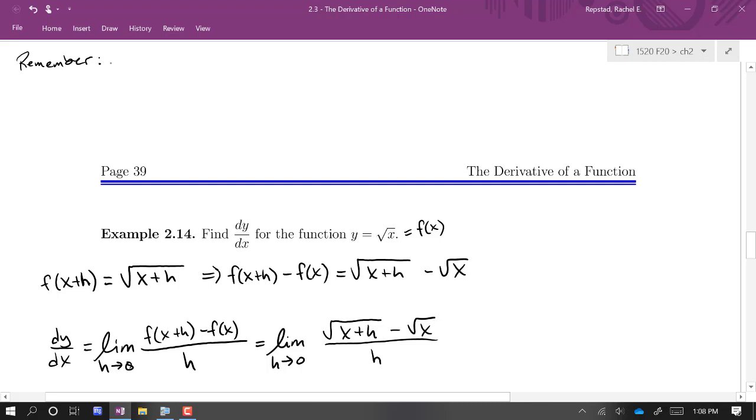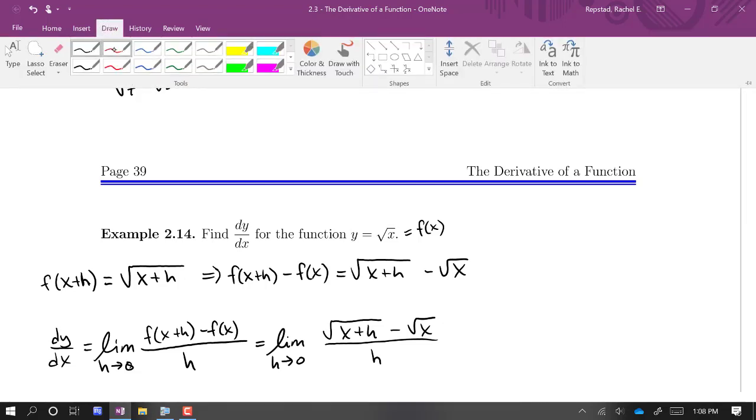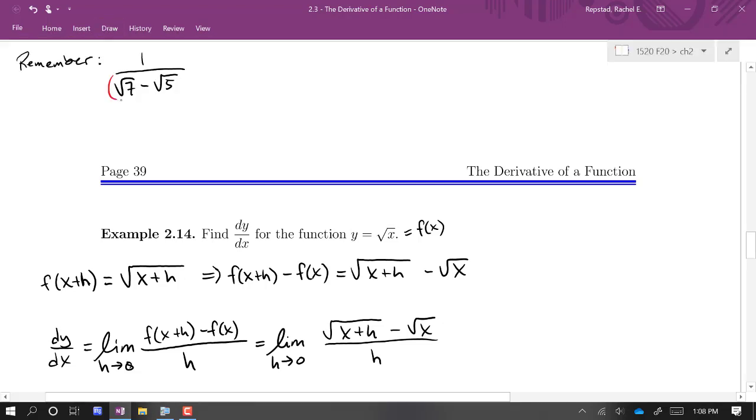When we were working with radical expressions in pre-calculus, one of the things we do is rationalize the denominator. If I had an expression like 1 over root 7 minus root 5, and we wanted to avoid having radicals in the denominator, we could rationalize the denominator here by multiplying the